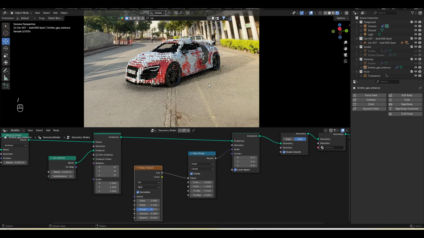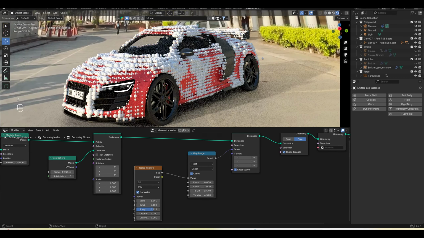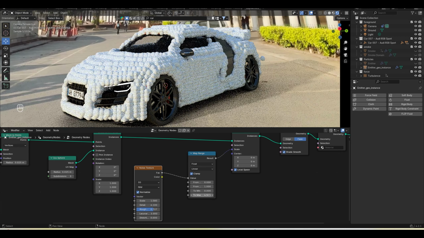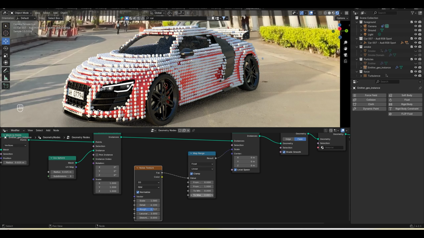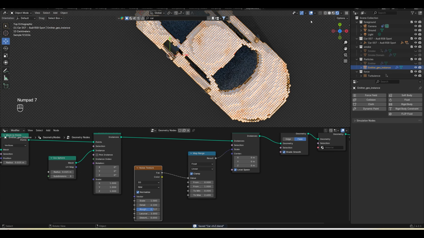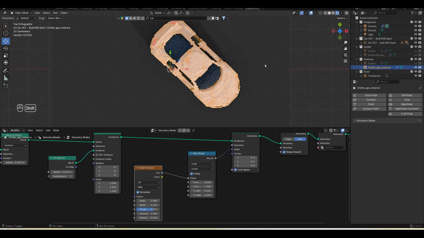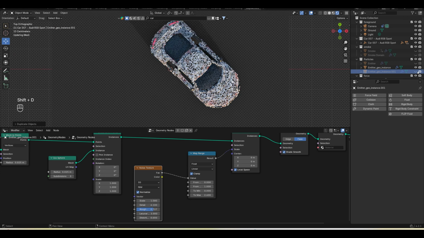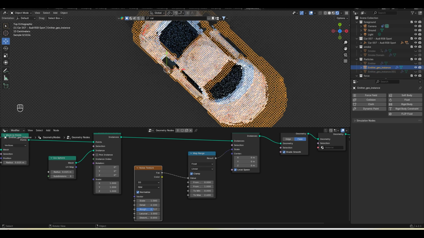So let me unsolo and see how this is looking. So this is how it is looking. So make it 0 and let's go with the 2. What I can do more, this is just a trial I'm going to do now. I will simply first press Shift D to duplicate so that I have a copy. I'll go here and